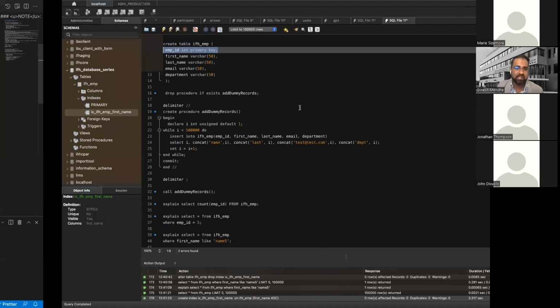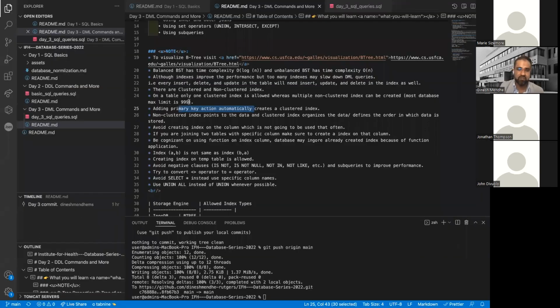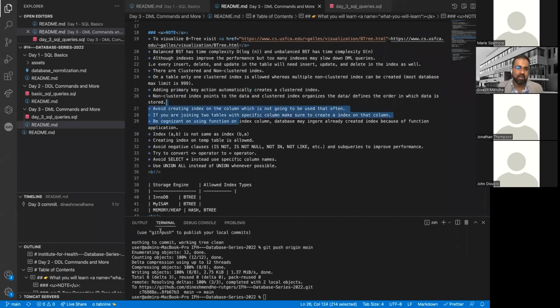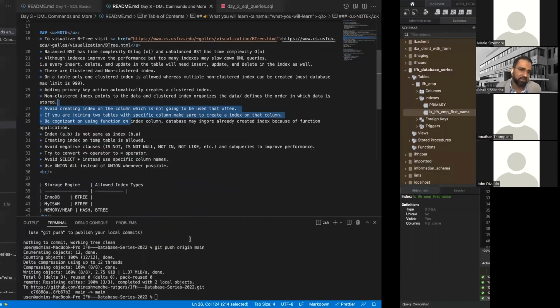Right now I created the index on only one column. I can also create an index on two columns. So for this non-clustered index, here there's the first name. I can also add the last name. That means I'm telling the database to create an index using these two columns, right? So now I'm creating a new index with a different name, because it's a combination of first name and last name on the employee table, and use these two columns to create this index. If I run this,